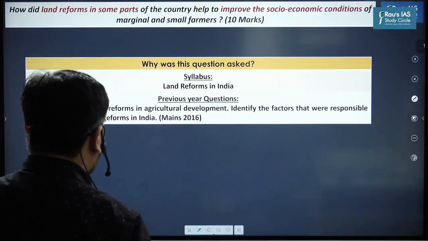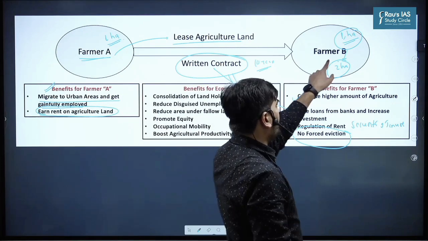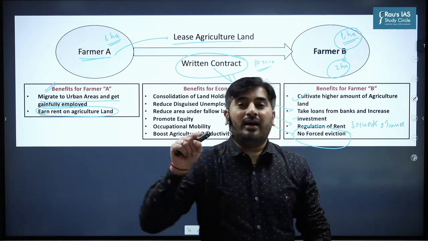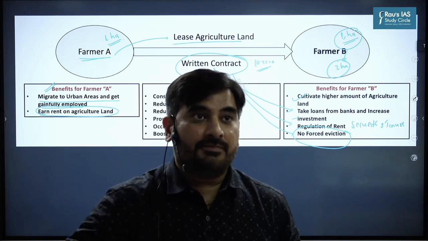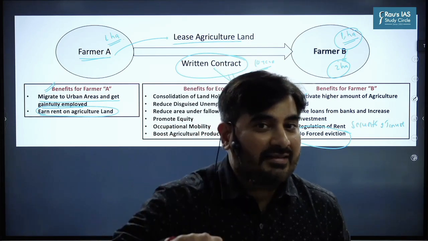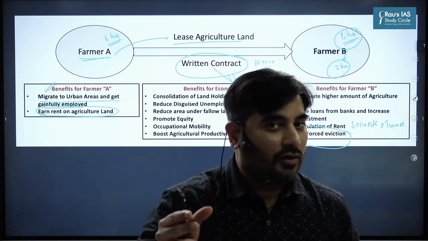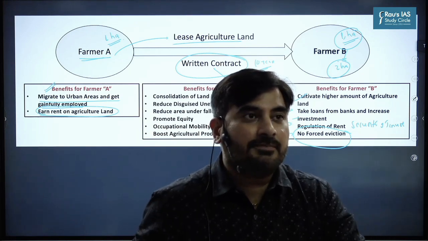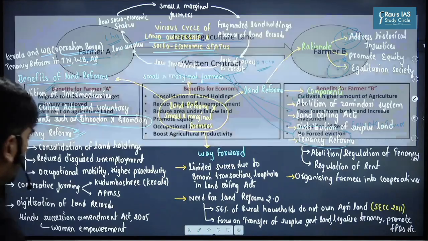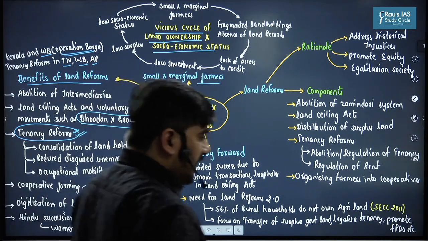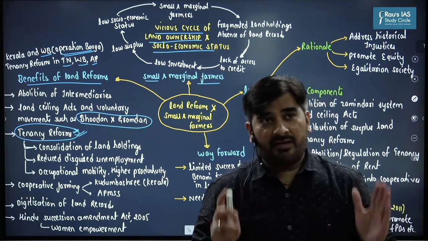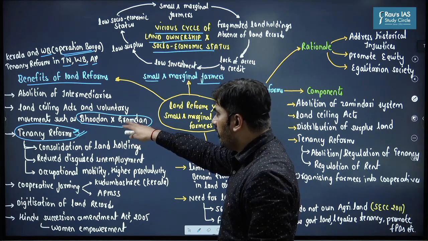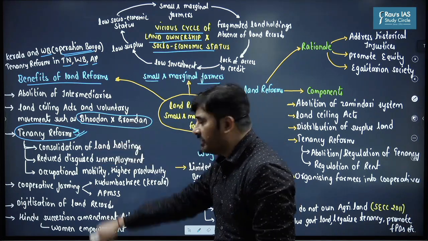The example which I gave here is that this farmer B is owning 1 hectare of agricultural land. Now let's say this farmer B is a landless agricultural worker. This landless agricultural worker can lease in the agricultural land. So this will in turn promote equity because this farmer will now have access to land which earlier was not there, right? So tenancy reforms is the most important point which you must compulsorily incorporate in the answers. If you just write about these things, the answer will not be complete. Your answer will be complete when you highlight the tenancy reforms.